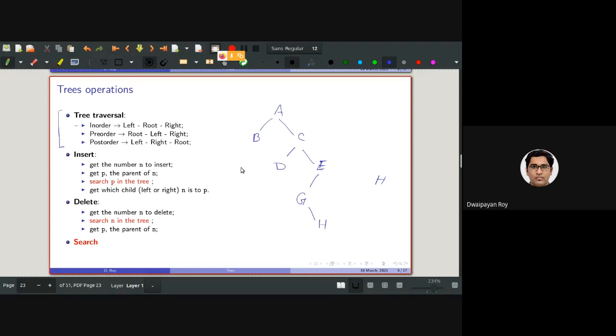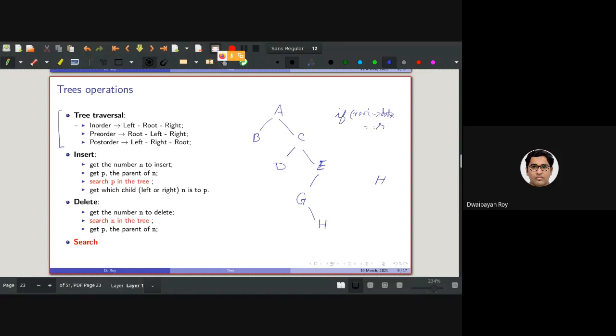Anyone? So what should be done? What should be done? I mean, what should be happening when we'll be applying, say, in-order, pre-order, post-order traversal? So it will be basically a linear search. We don't know where exactly it is. We need to blindly process each of the nodes to check whether the root data equals the search element or not, isn't it?